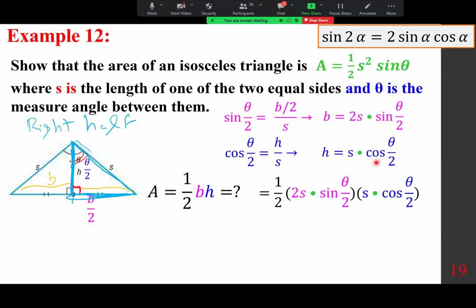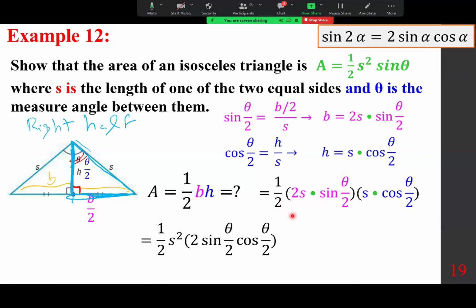And so we have 1/2 2s sine of theta over 2 s cosine of theta over 2, which means we have